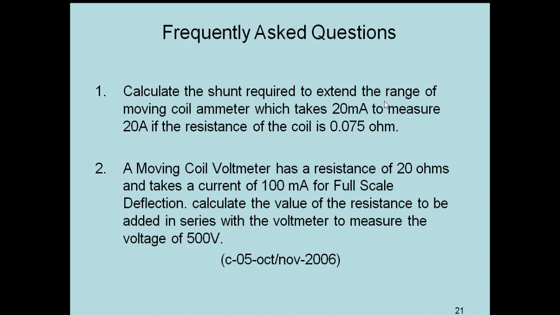So as far as SBTD is concerned, you have to write the given data and the formula required. Then you do the solution. Finally, you get the result. And after getting the result, you compare. Always, shunt resistance value should generally be less than the meter resistance. And if it is extending the voltage range, then in that case, multiplier resistance will be more than the meter resistance. Okay, I'll have you note down these problems.